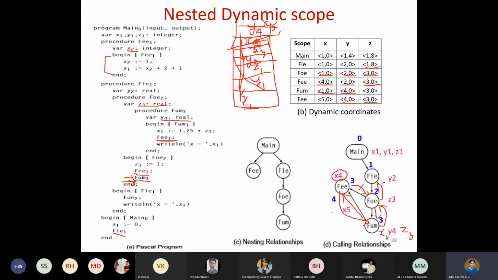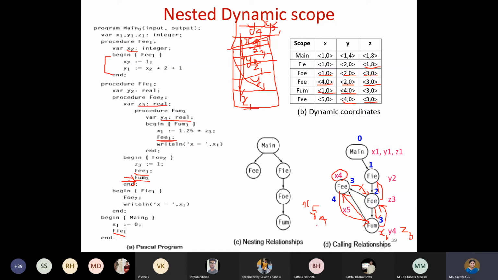So the same scope will be used. So always we will search from the top only. If it is existing, whatever comes first only we are going to take. That's how we get at this level at phi, that is the last function which is called in the sequence, that is the last depth I can say. So we will be using, it is not x4 now, it is going to be x5, and then we are going to use y4, and then we are going to use z3. That's how it works.